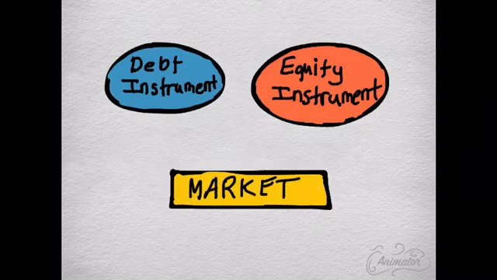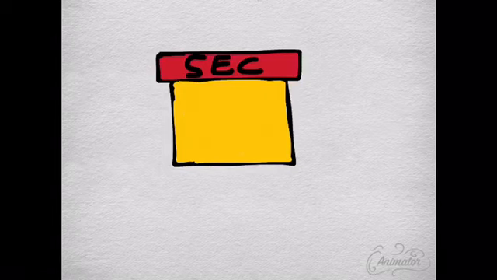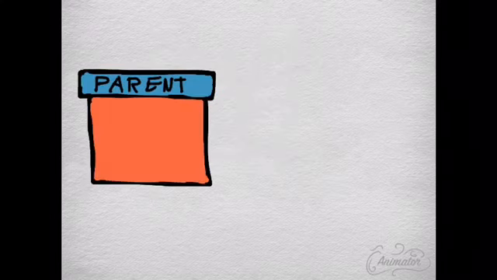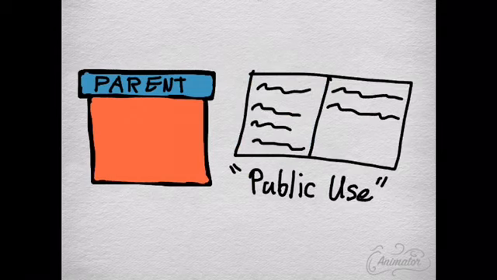Sometimes you have a debt and equity instrument and it is not traded in a public market. We would also not use the equity method if that's the case. Also, let's say you are an entity and you failed to file with the Securities and Exchange Commission. By that, the equity method is not applicable. Sometimes the parent of your company has its financial statements available for public use. By that, you are also affected, which means that your financial statements are also used for public use.